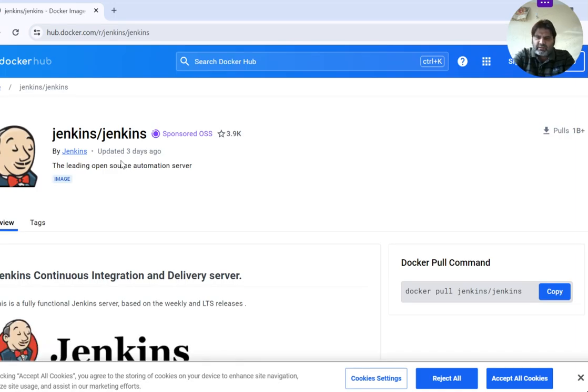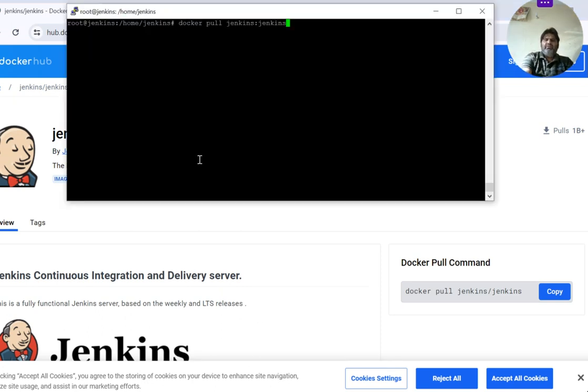Oh, yes, friends. Of course, it is not always that you get to do your lab without some error, whatever activity you are doing. So nothing to worry about. If you are really interested, we will be able to see the solution of the problem. So here you can see when I fire the command docker pull